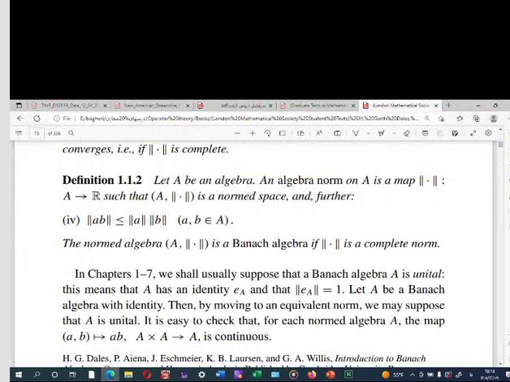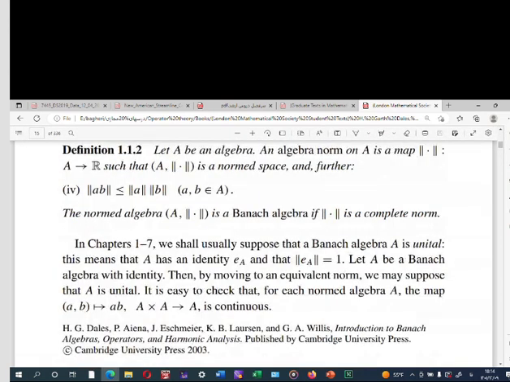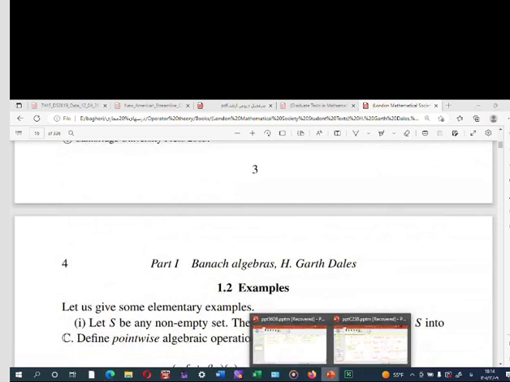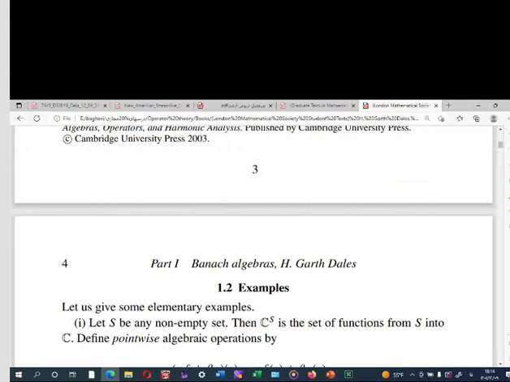Please note that in this condition alpha is a scalar, or a complex number, not an element of our linear space. Because in general in a linear space we don't have this operation, for example. But in algebra, xy is an element of A for any x in A and y in A. So if we have this condition,